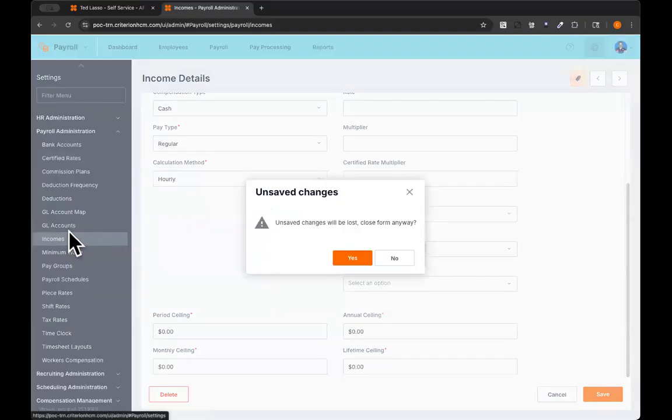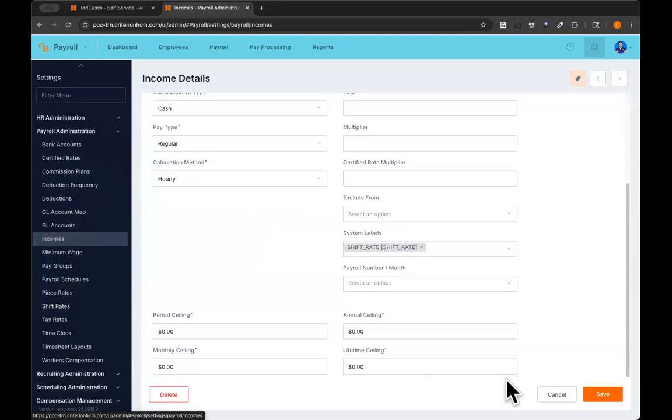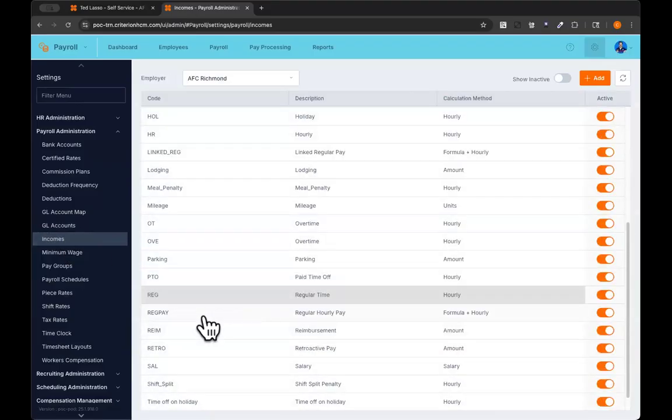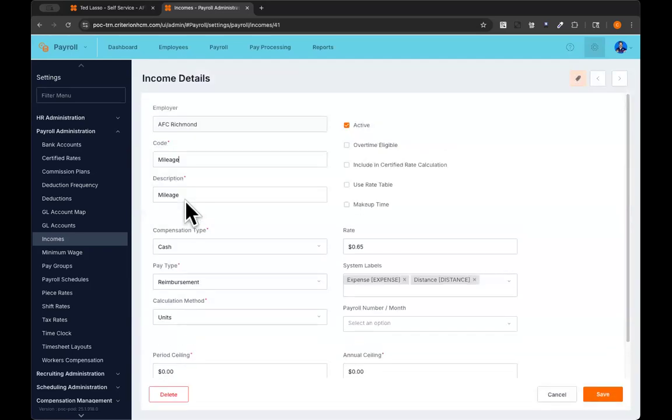All right, so that's that. I have a couple more minutes here. I want to point out some of these other ones that I have set up just so you can get an idea. I want to point out one that I like to show because it's kind of cool: mileage